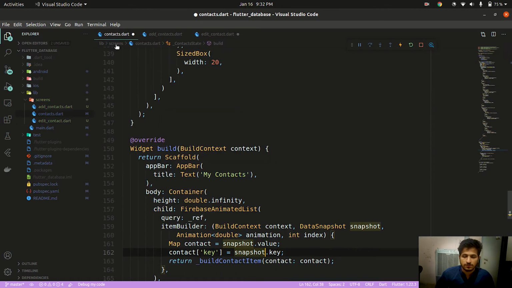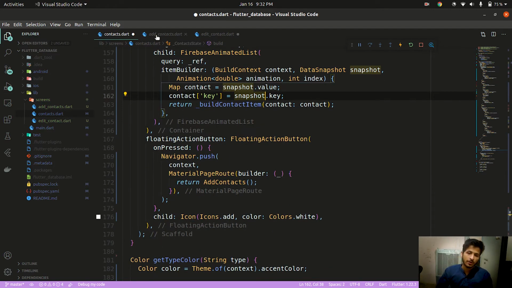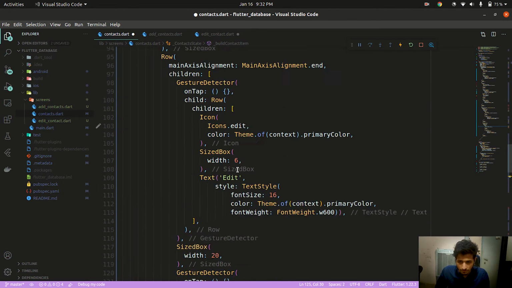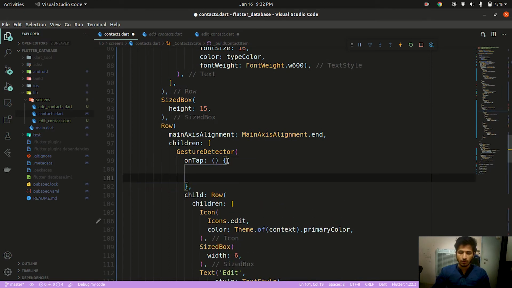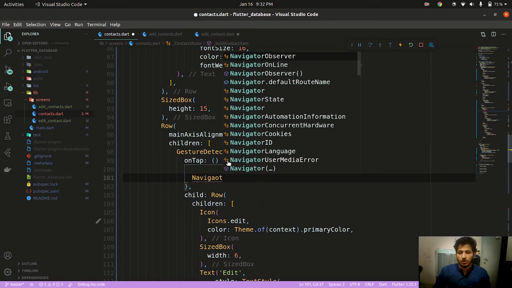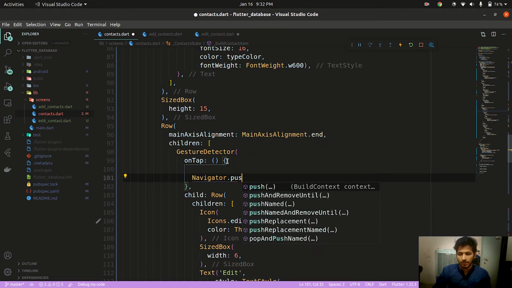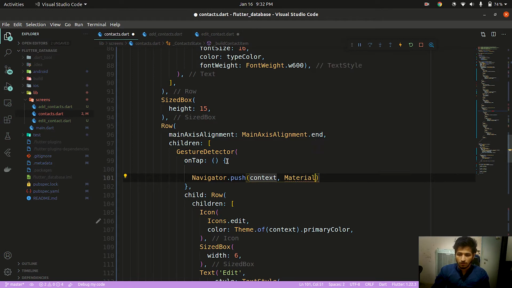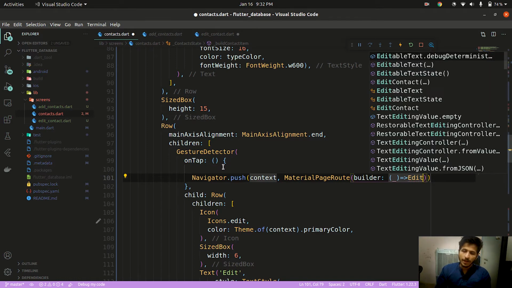Okay, so let's just navigate through our edit contact page. In contacts we have created an edit button, as you all know. Where is it here? No, it is delete, sorry. This is the edit button, yeah. So we'll just Navigator dot push contacts, MaterialPageRoute, builder, and it is going to return our edit contact page.